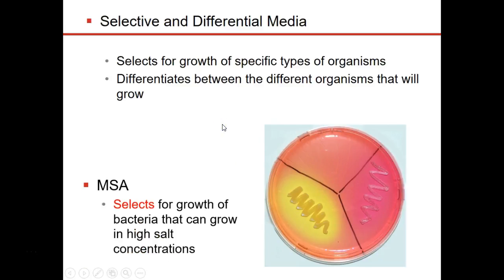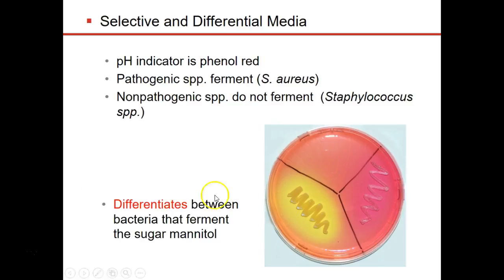So this is a mannitol salt agar plate, which you saw a little earlier also. Mannitol salt agar allows for the growth of bacteria that grow in high salt concentrations. So these are the halotolerant species. Staphylococcal species and Micrococcus can grow very effectively in mannitol salt agar. The pH indicator is phenol red,